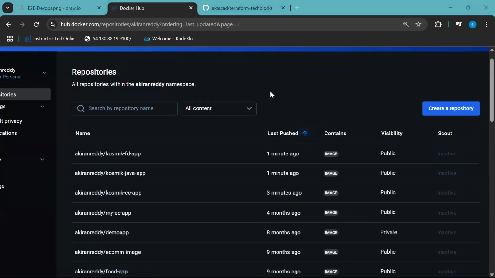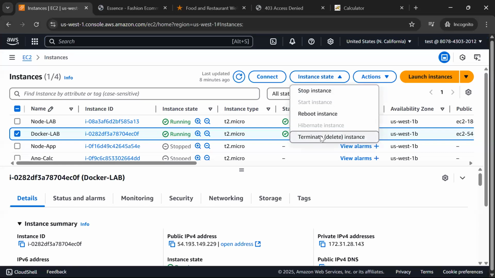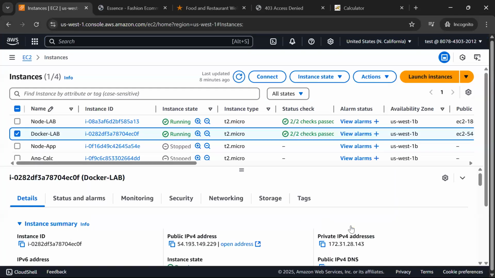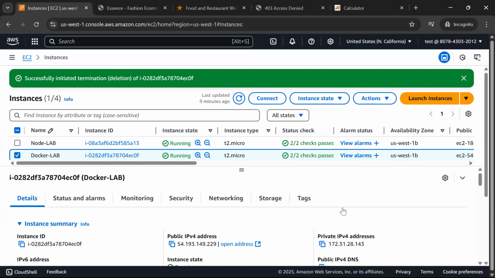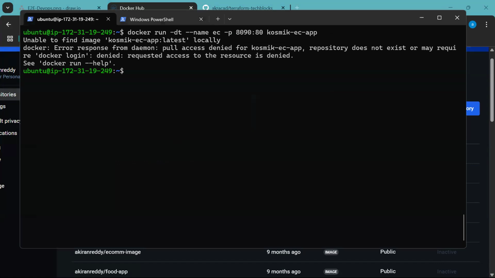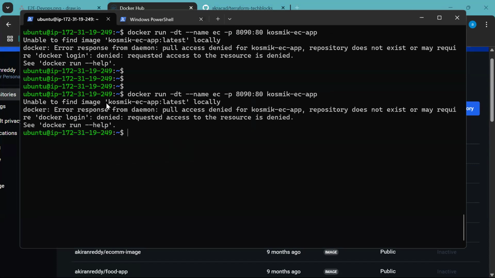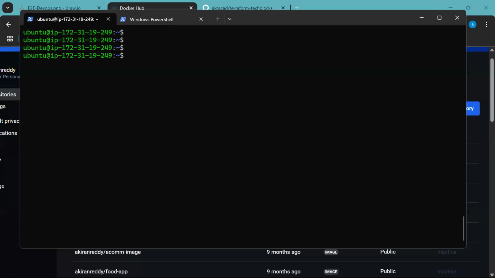Now, guys, what we'll do is delete the server. Okay? We'll delete the server. Now imagine the server is gone. No problem. Now you're on a new server. This is the new server. Here, if I say Docker run -dt Cosmic app, what did it say? There is no Cosmic app. But now on this new server, again, I will say Docker run -dt --name EC -p